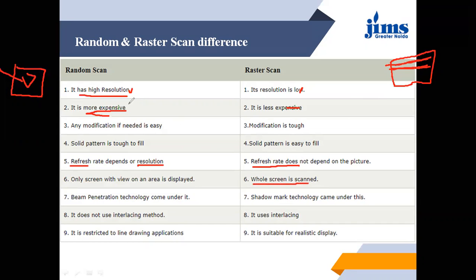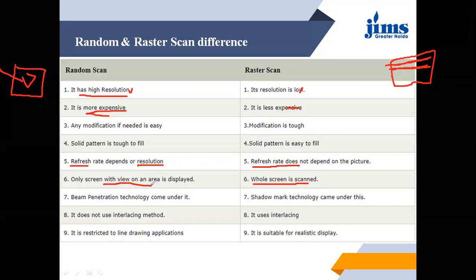Whereas in random scan, only the part of the screen that has the image has to be scanned. Means not all the screen is needed to trace, only the electron beam traces the object